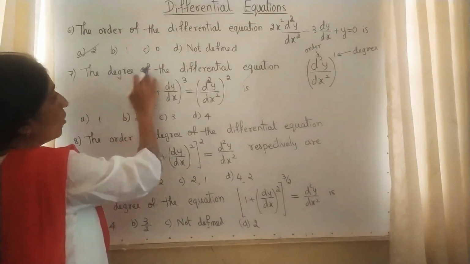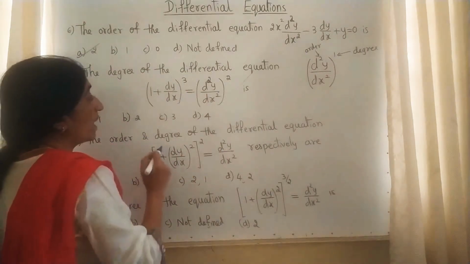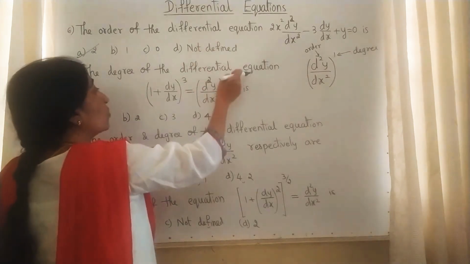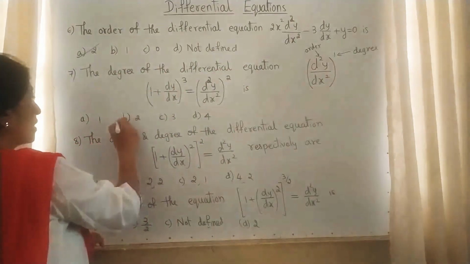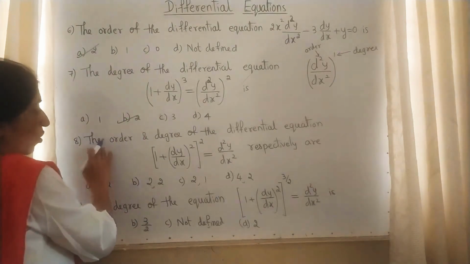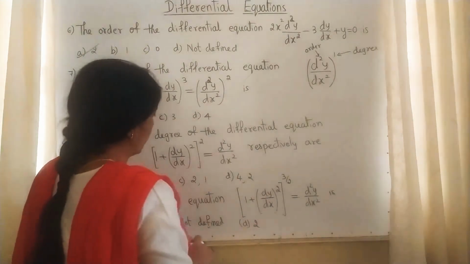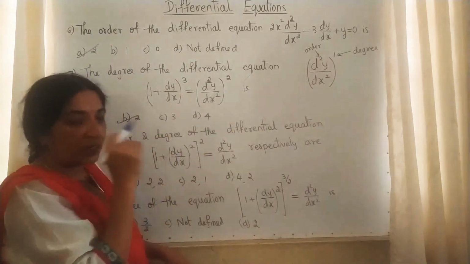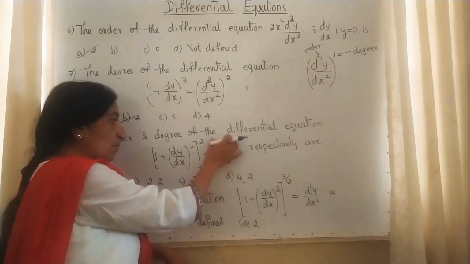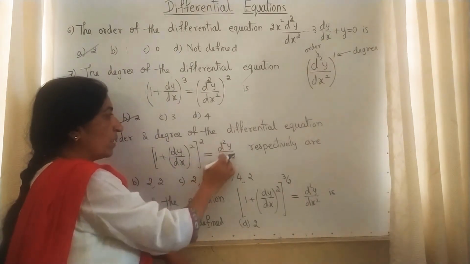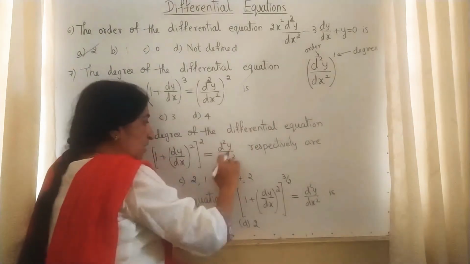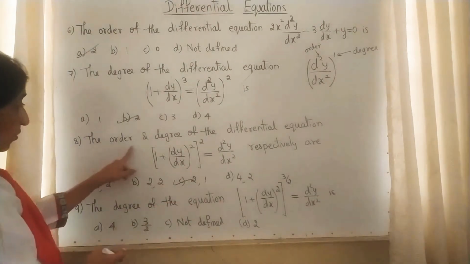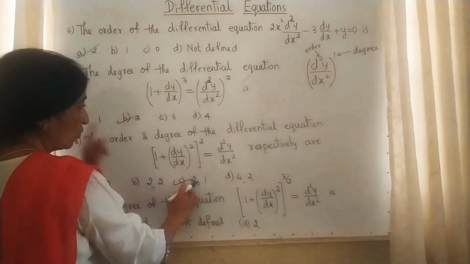Next, the degree of the differential equation. The maximum times differentiated is twice, d square y upon dx square. Its power is 2. So order 2, degree 2. Then what is the degree? Degree 2. Here, the order and degree of the differential equation: there is no fraction in the power, so no need to expand this. The maximum times differentiated is twice, d square y upon dx square, as I explained here. There is no number, which means 1. Order 2, degree 1. They mentioned the order first, that's why respectively. Order 2, degree 1.